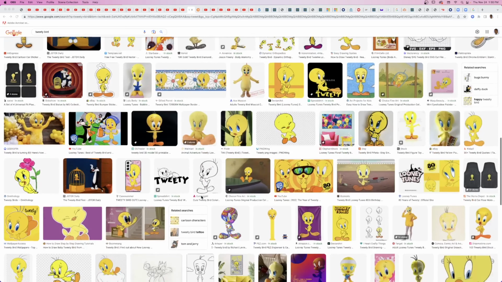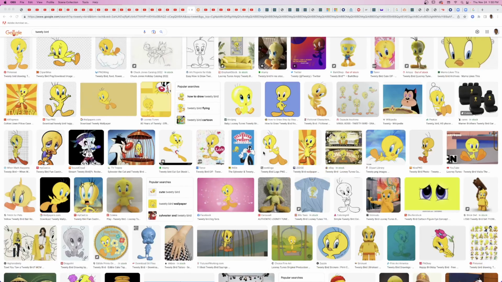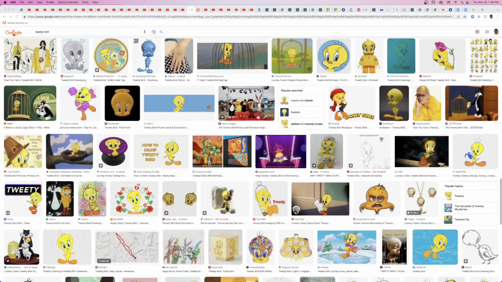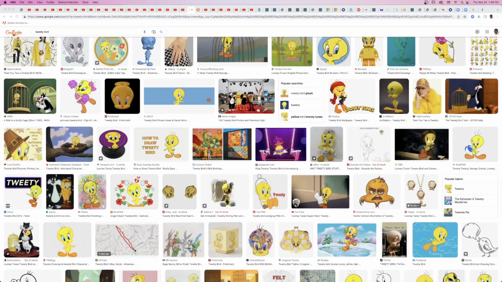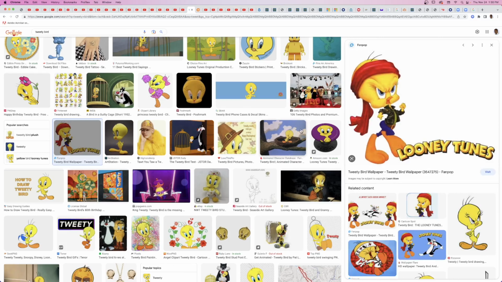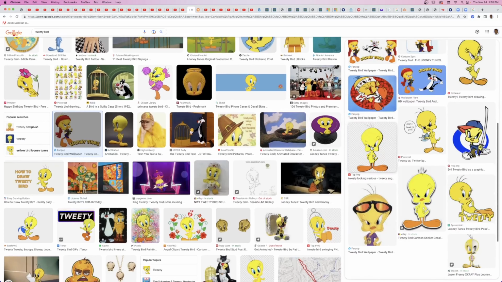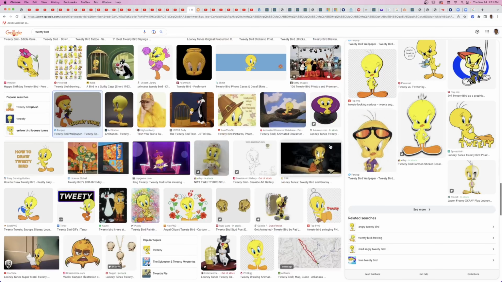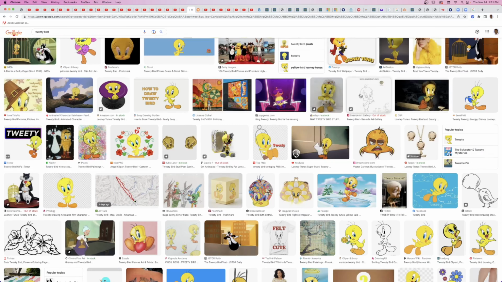I first started with some reference photos of Tweety Bird, and after I found one or two good ones that I really could capture the essence of Tweety Bird, then I had to decide what I was going to merge Tweety Bird with, or how I was going to find a way to make him evil. And from what I researched, you get some angry Tweety Birds, but I wanted him a little more than angry. We wanted to take it to the next level and have him look evil and something you'd want to run from.